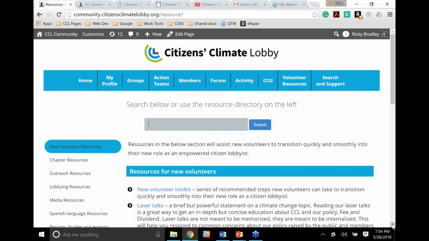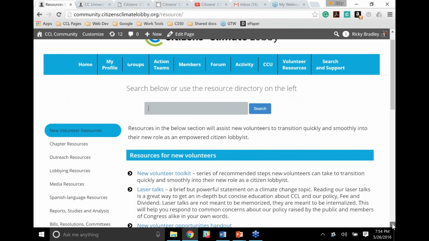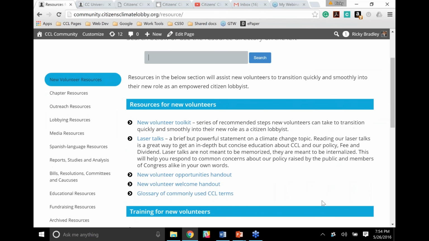Do you know anything about that, Ricky? Yeah. It's coming along. I think it's just about finalized. It's a front and back, and it'll have organizations who have either endorsed carbon fee and dividend or endorsed some type of climate action. It's going to be a one-page handout, and we're still trying to see if it makes sense to get all the endorsers for every particular district out to people. So that's another consideration that's taking place.